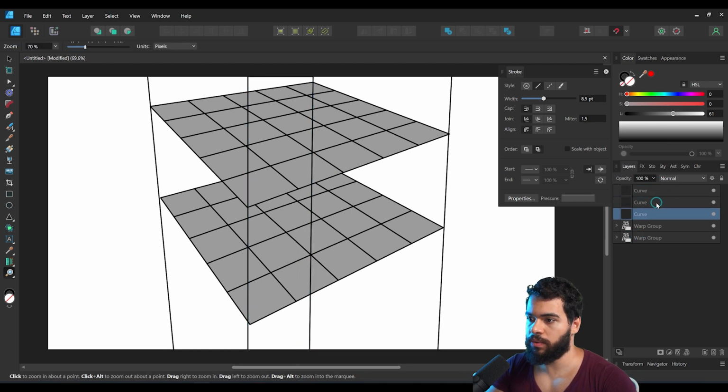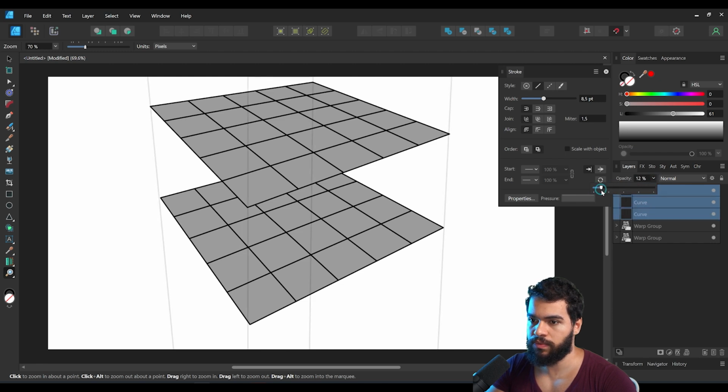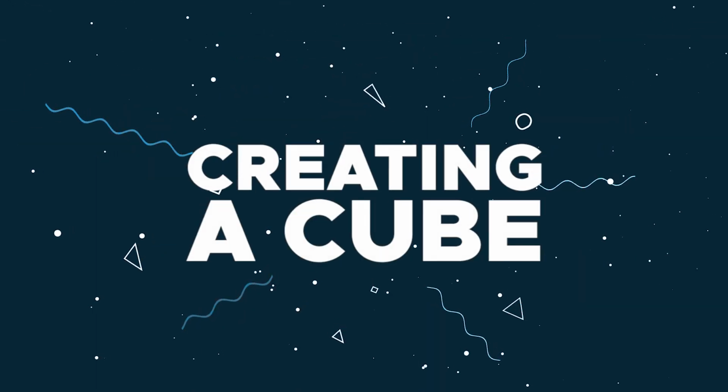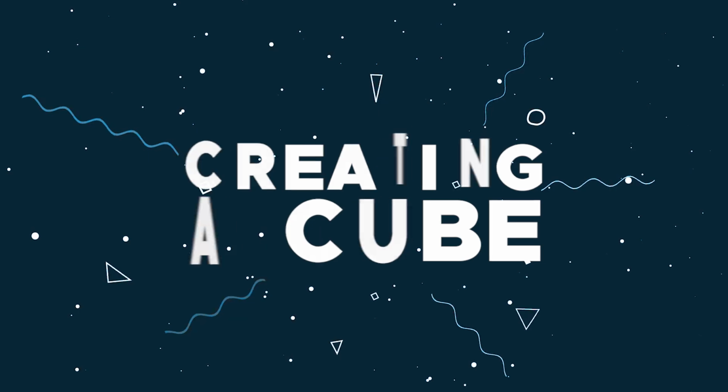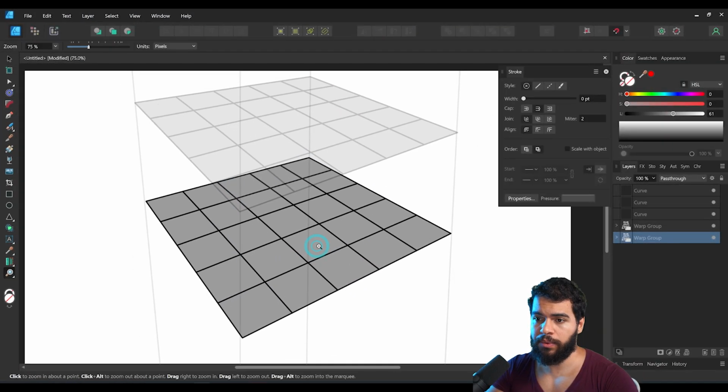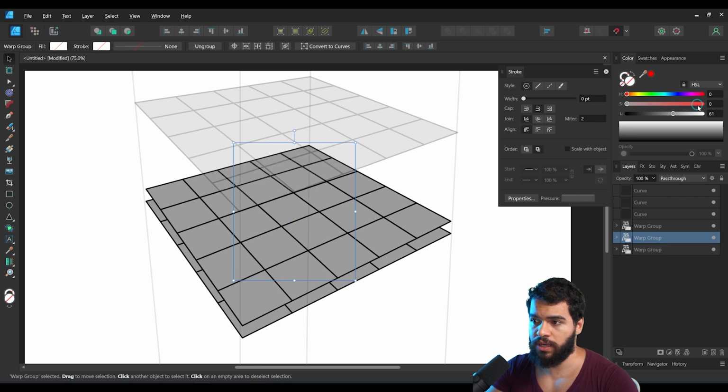Well, congratulations. Now we're gonna reduce here this opacity here. We don't need this to be very strong. It can be simple like that. All right, we can leave this just like that. And let's say that you want to create here a cube. As you can see here, we have this floor, and I'm going to duplicate this once again,